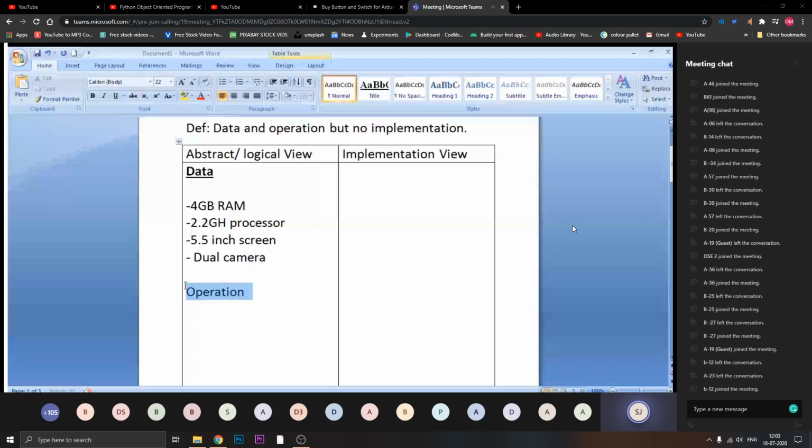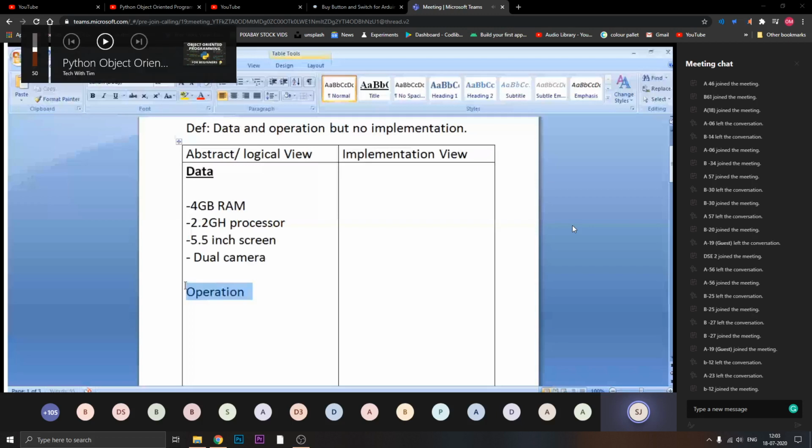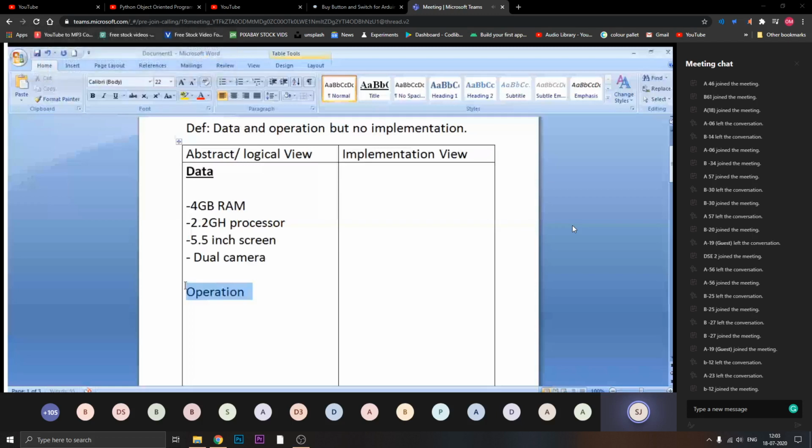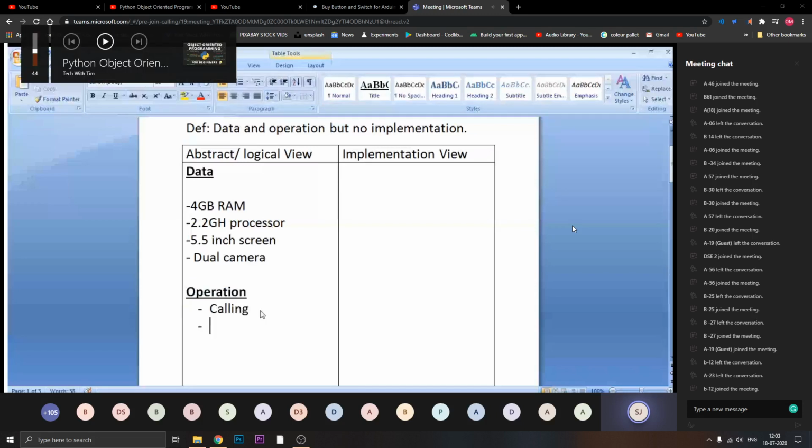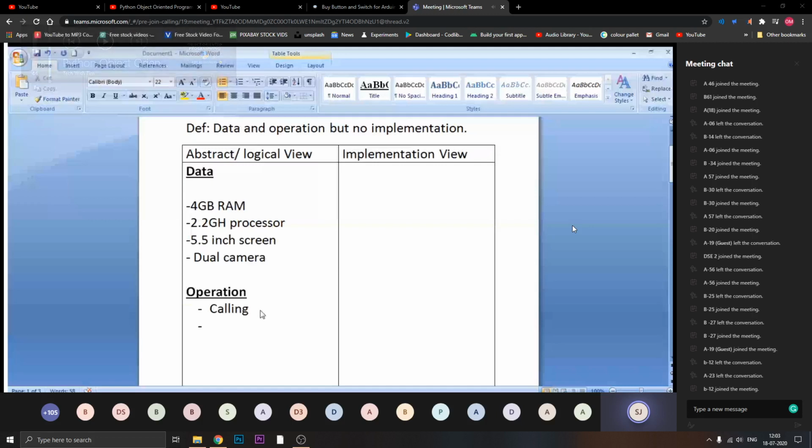It should be able to perform calling first. Next, it should be able to click photographs. It should record video as I'm having a camera.